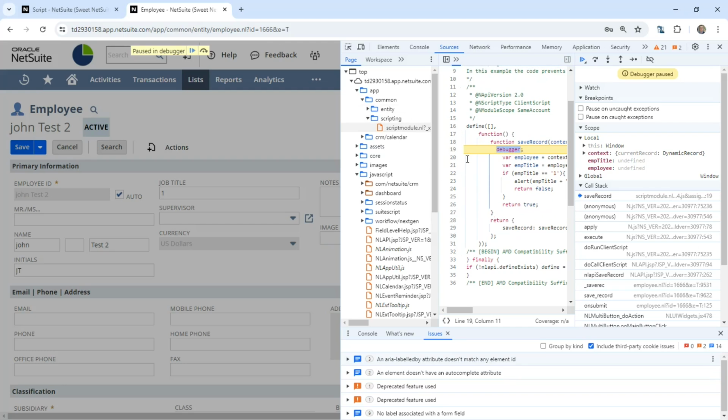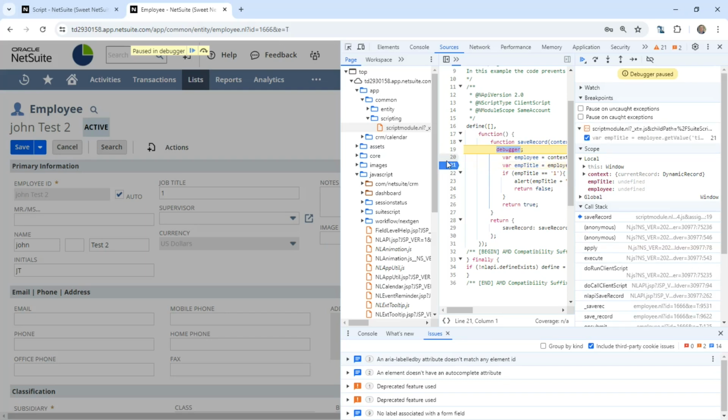You can click right here on the left side, and this will give you another pause. So once you run it through right here, it will leave that debugger, go through and stop at the next breakpoint. And now you can actually see your employee and everything else that you have. Employee title is still not visible because we haven't run it yet. So if you go one more step